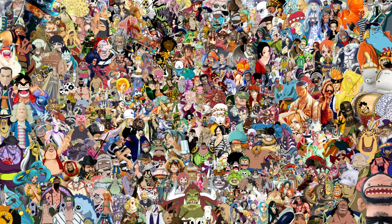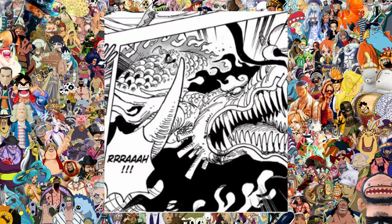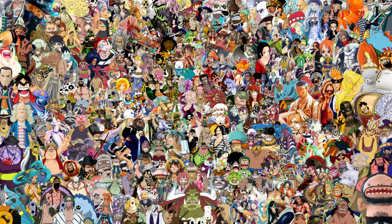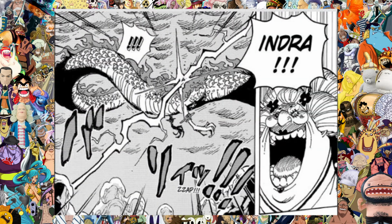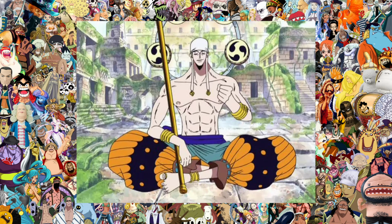It does seem to put a lot of pain into Kaido, because his face afterwards is just him seeing pain. But yeah, Big Mom then, because it is two emperors versus them, decides to step in and just destroy Killer, hits him with a bit of lightning. And I really like this because it reminds me of Eneru back in Skypiea,